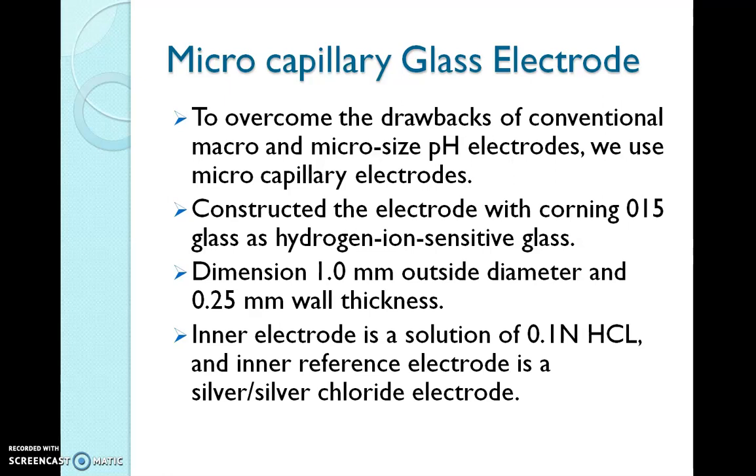Microcapillary glass electrodes are preferred when it is required to monitor pH continuously, for example, in surgery. These types of electrodes are especially useful when a very small volume of the sample is to be analyzed. A microelectrode for clinical applications requires only 20 to 25 microliter of capillary blood for the determination of pH.